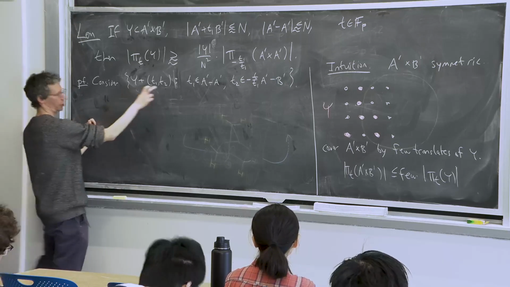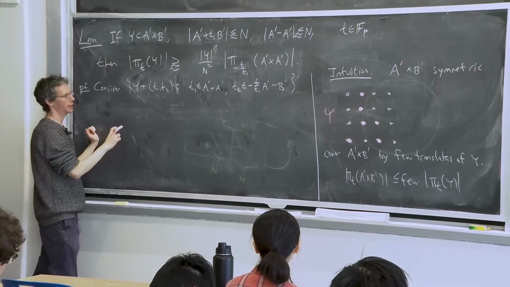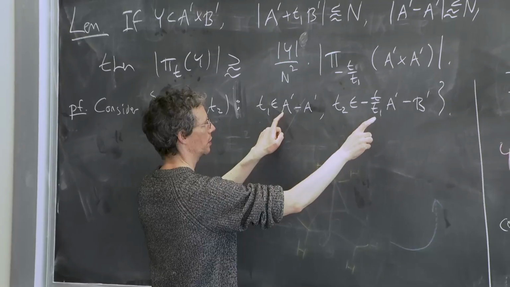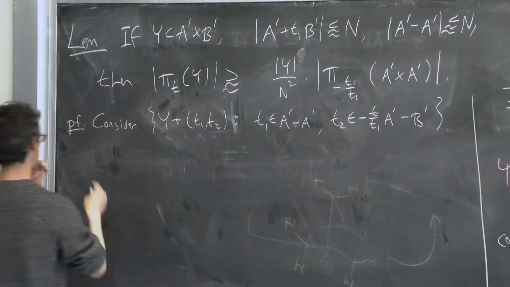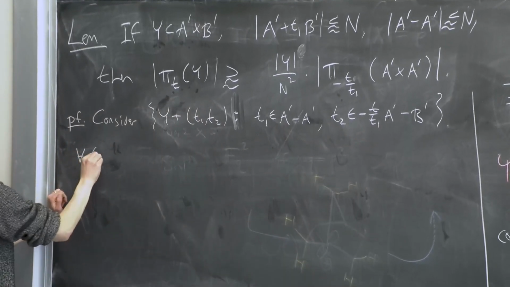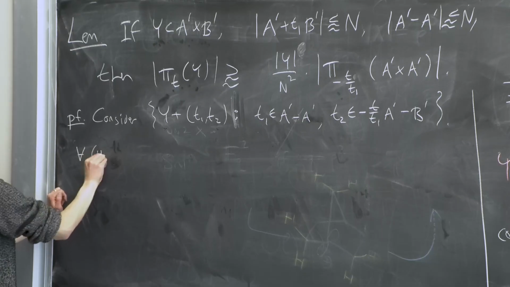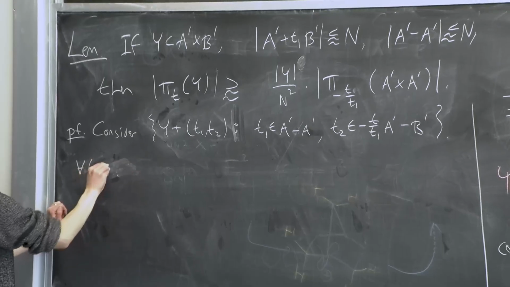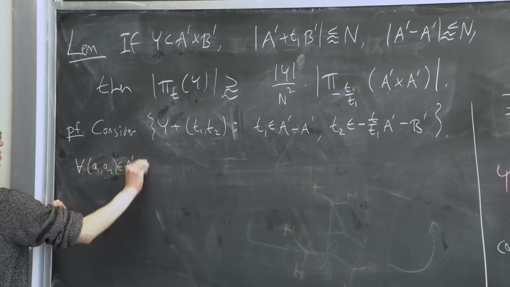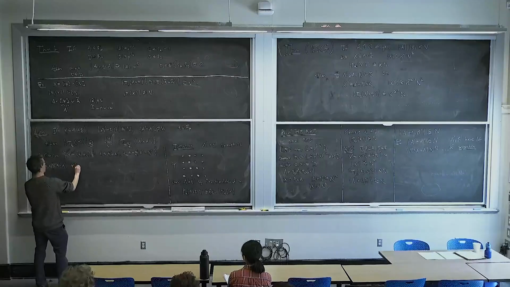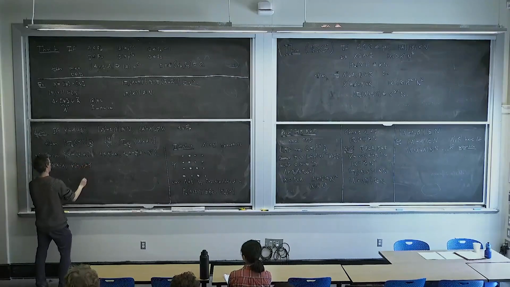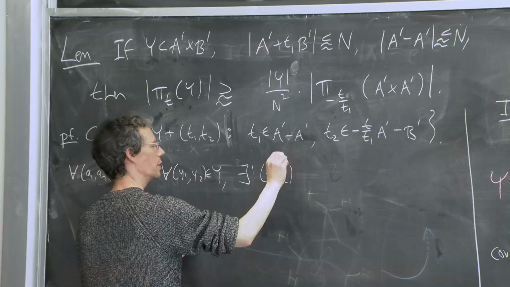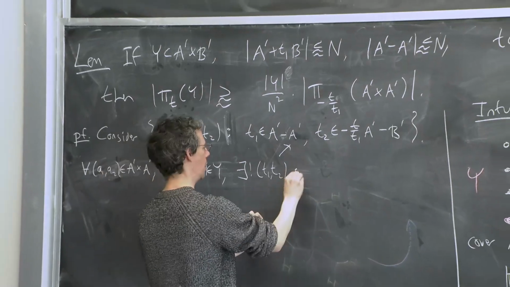And so these are a bunch of translates of y, and these translates of y cover something a lot of times. So for every (a1, a2) in A prime cross A prime, and for every (y1, y2) in y, there is a unique (t1, t2) in this list